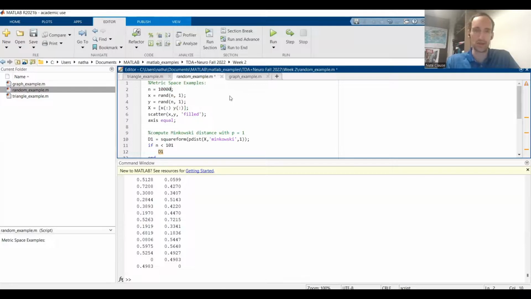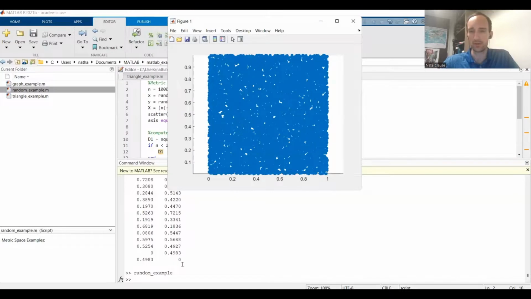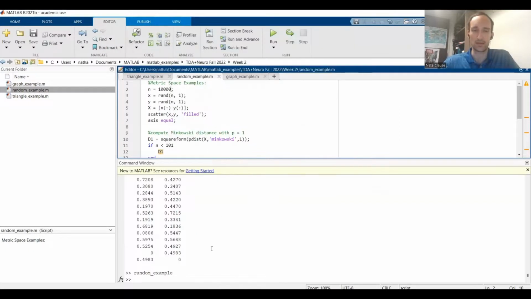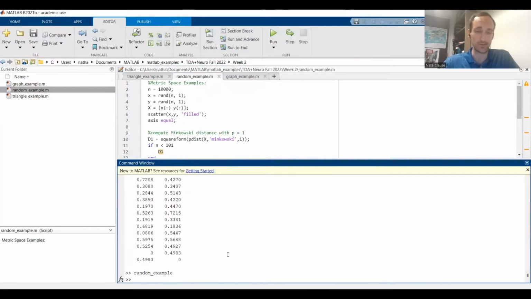So let's try changing this so that there are now 10,000 random points. We run the code, and we see we have to wait for a couple seconds, but after just a few seconds, maybe 3 or so, there's the plot of the now 10,000 points in this square in the plane, and I didn't have MATLAB